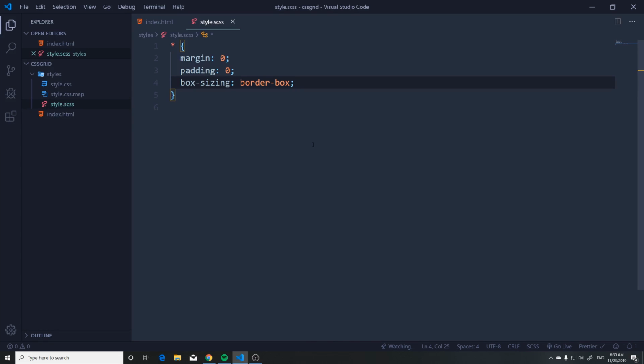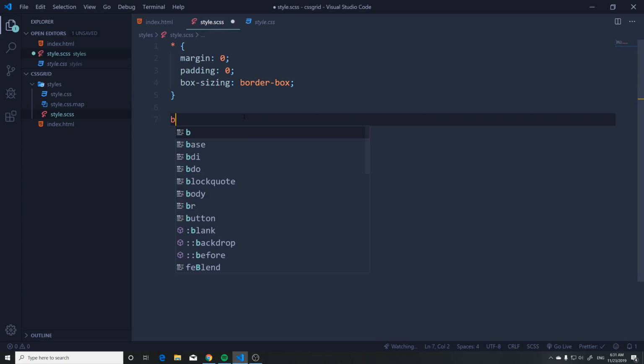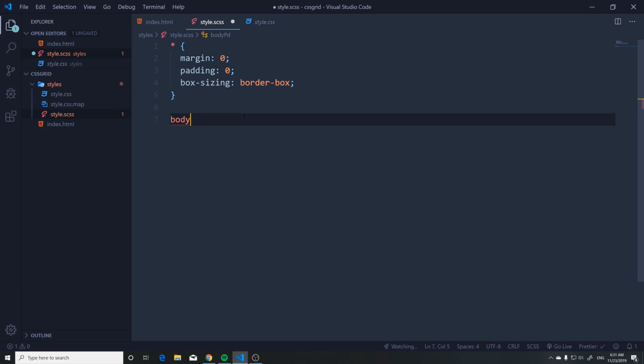So basically what SASS is, you can write CSS in a different way, and at the end of the day, it's going to output you a style.css file with some modifications. So as you can see here, this is the one we're going to link, the actual style.css. It even adds some prefixes to our code. So again, these prefixes, WebKit and things of that sort that you might see, or if we just grab the body and add a display flex,